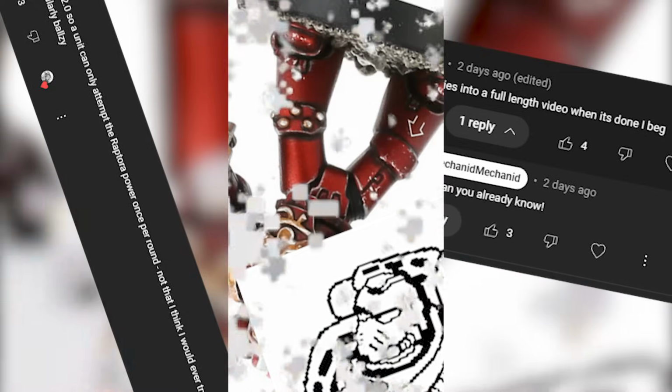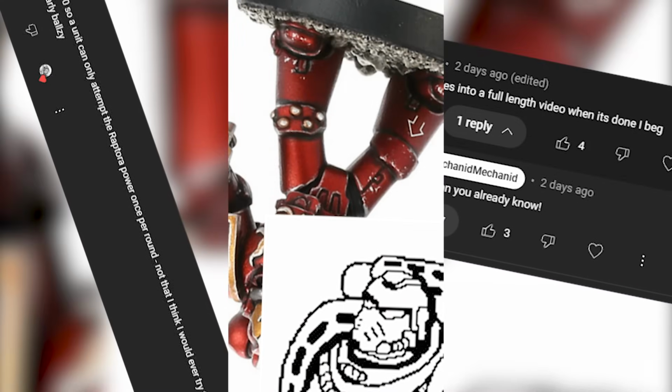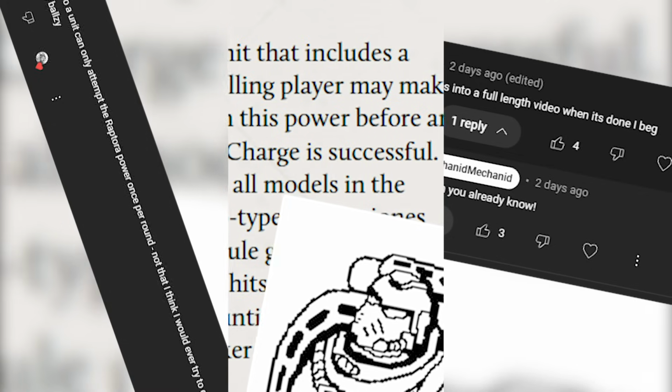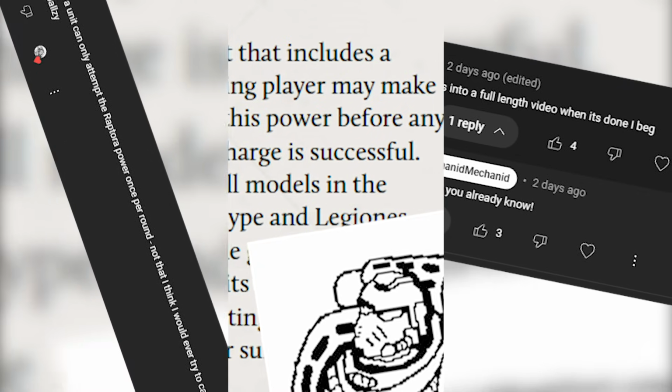It's possible to succeed the psychic check and then fail the charge, or fail the check and end up killing your soldiers with perils of the warp wounds, and thus making your charge harder or the combat that comes after even harder. I would pass on this one, despite how cool it is to set yourself on fire